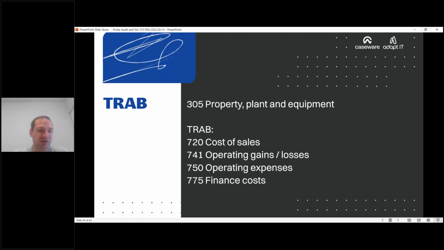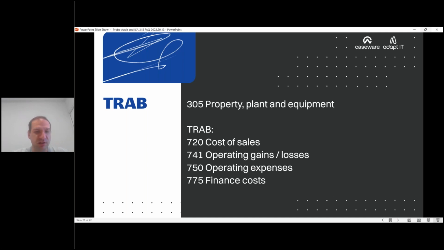And it's got transactions relating to account balances, which could be cost of sales, your operating gains and losses, your operating expenses, and finance costs. So depending on the selections you make in document 1050 and 1051, as well as the mapping that you have, those traps can then be switched on. Also the assertions that you select, the risk assessment that you make, and we then still bring some of those